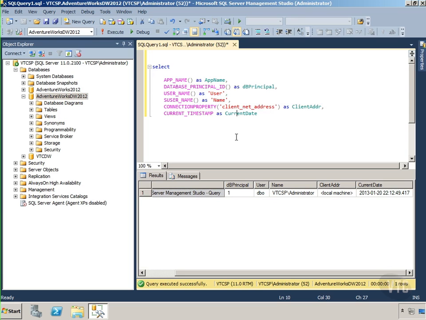So when I'm doing my inserts into my data warehouse, whether it be at the dimension table or the fact table, I can use these functions to just drop that information in there. It'll be dynamic. Every time I run it, I'll see that stuff. So anyway, play with these in different scenarios, and you can use these to help you handle data lineage, and